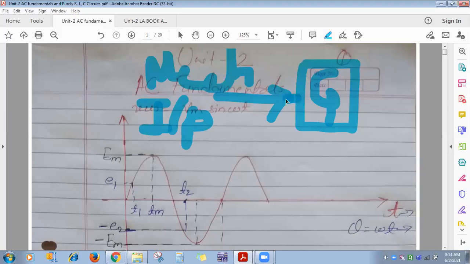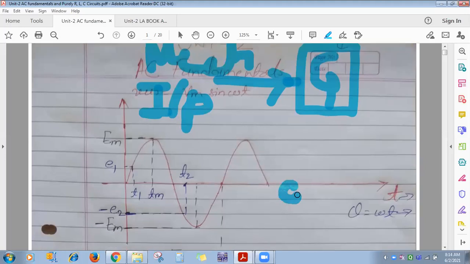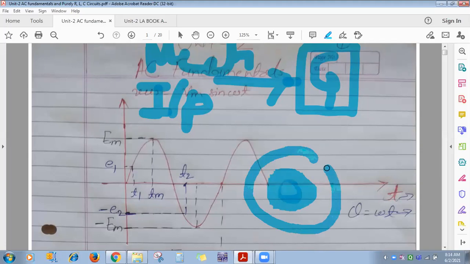Whenever we say we give mechanical input to generator, where exactly is it given? To its shaft. If you see the generator construction, centrally you will find a circular cylindrical shaft. Then on it, the rotor core is wound. It is attached to that. Rotor core is there, and then air gap is there, and then stator core is there. So on rotor core and stator core you will find copper conductors. This is the cut section front view.